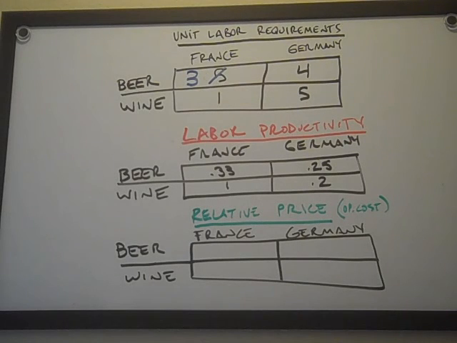This is part 2 on absolute advantage and comparative advantage. Now we're going to look at comparative advantage. Recall again that Adam Smith told us countries should produce goods in which they have an absolute advantage, but then